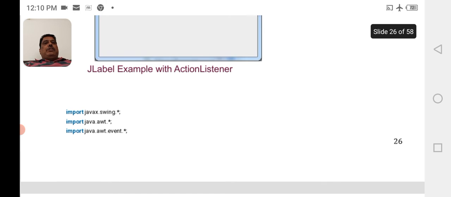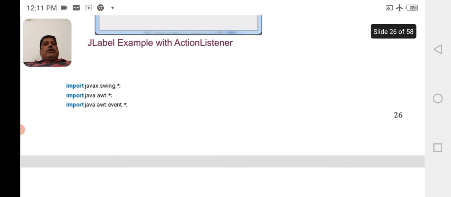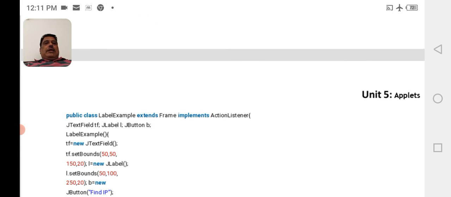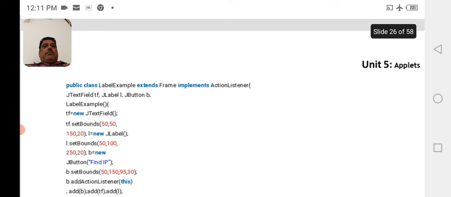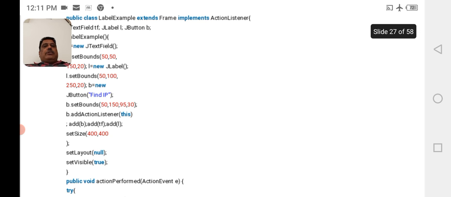Now JLabel example with ActionListener. import javax.swing.*; import java.awt.*; import java.awt.event.*; public class LabelExample extends Frame implements ActionListener { JTextField tf; JLabel l; JButton b; LabelExample() { tf = new JTextField(); tf.setBounds; l = new JLabel(); l.setBounds; b = new JButton("Find IP"); b.setBounds; b.addActionListener(this); add(b); add(tf); add(l); setSize; setLayout; setVisible(true);